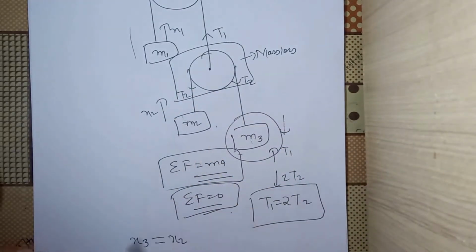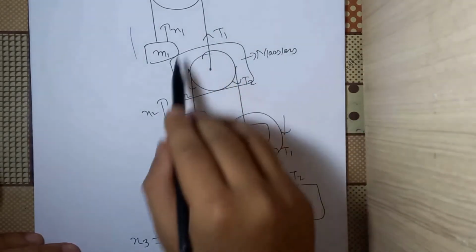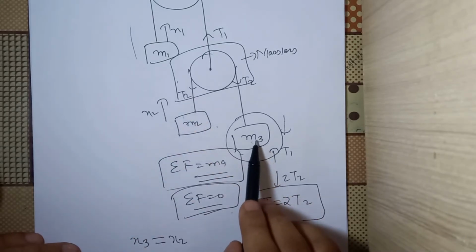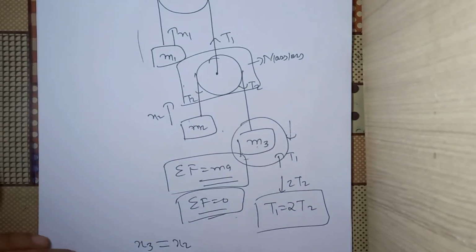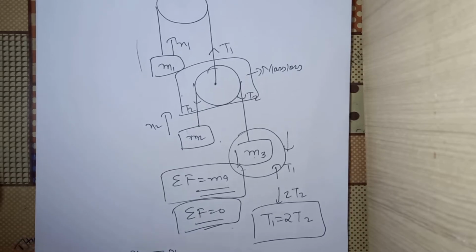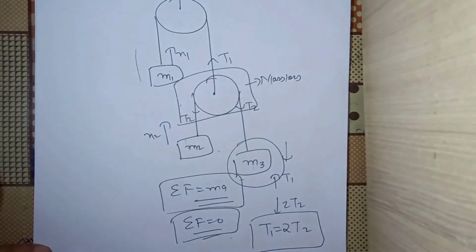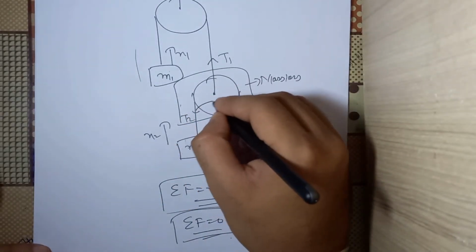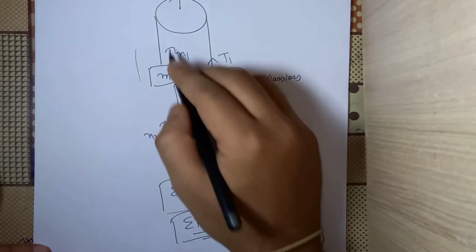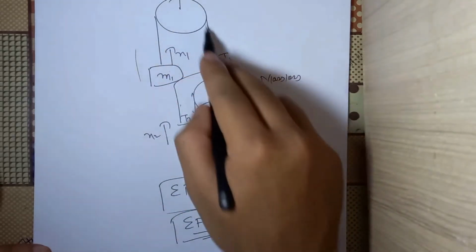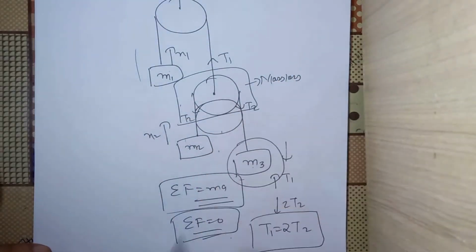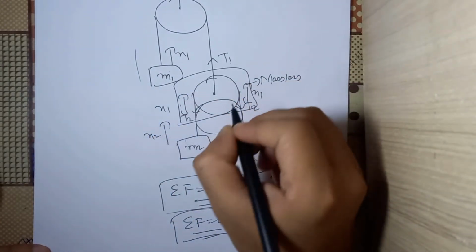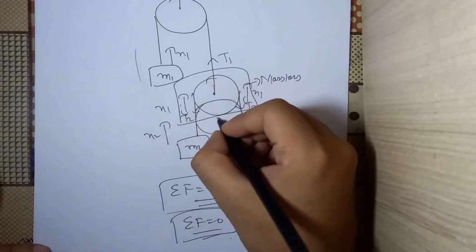So I'm writing that x3 is equal to positive x2, and from x1. Why positive x2? We have already derived that the length of this rope has to be constant. So the net decrease in length because of this m2 has to be equal to the net increase in length because of this m3. Now see, a very important thing is that when m1 is moving by x1 upward, this pulley is moving down by x1, because the length of this rope also has to be conserved. So this part of the pulley and this part of the pulley both are moving by x1, because the center of the pulley is shifting.